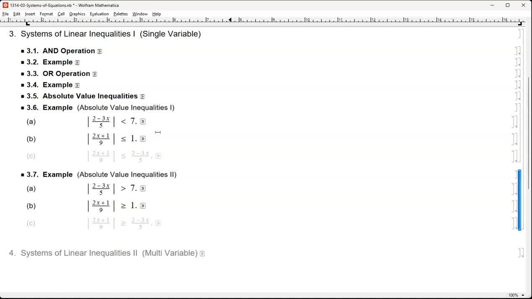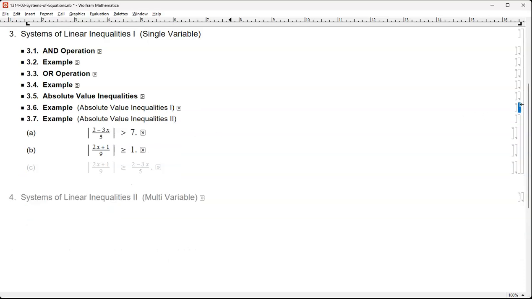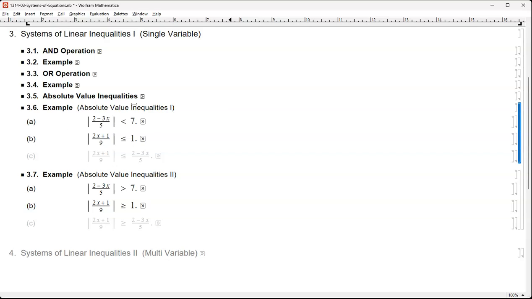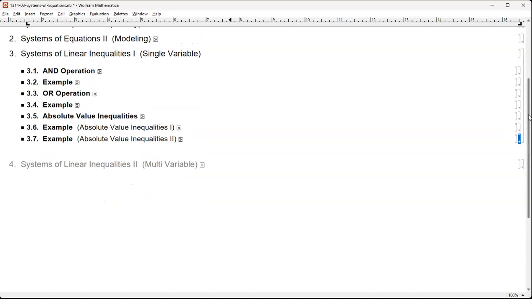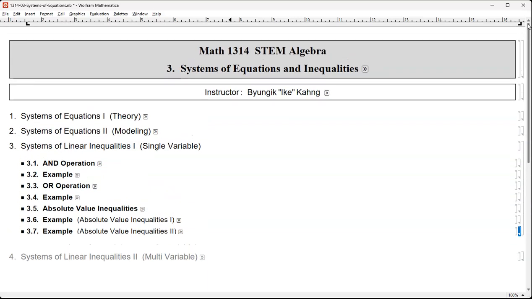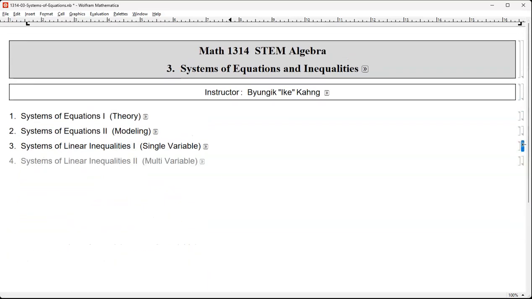Similar thing goes on here as well, but those are much easier, and I have to say these types are far more likely to show up in the exam than these cases. So in terms of exam preparation, AND operation part is much easier, and consequently that's far more likely to show up in the exam. As for the OR operations,